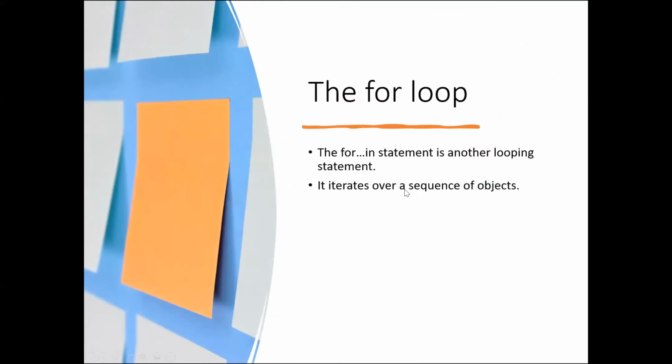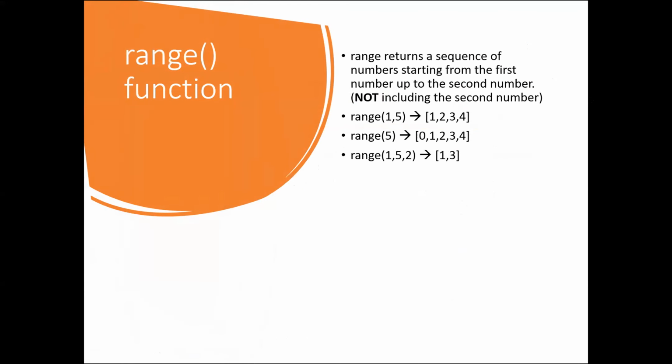So for loops. For that, you have to learn another function called the range function. Now this is how the range function works. There are three parts in the range function. If it is only one value, then you have only the n value. For example, if you say range 5,